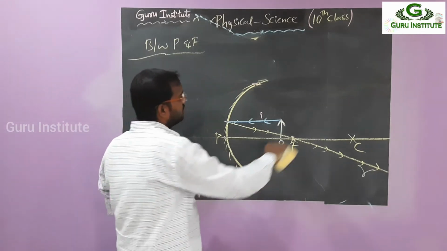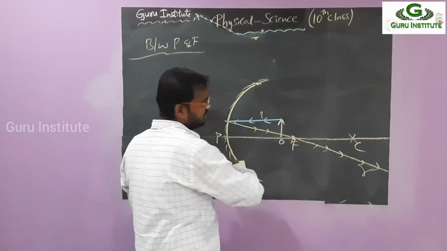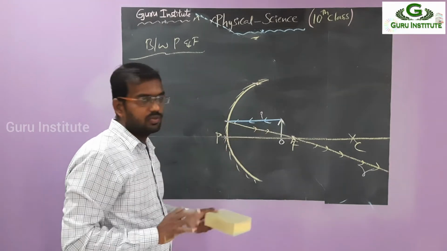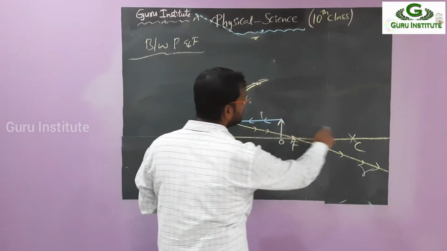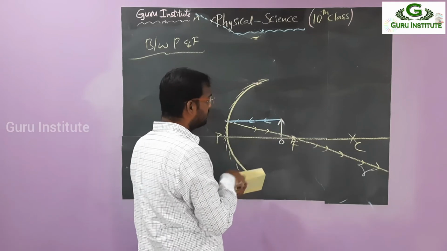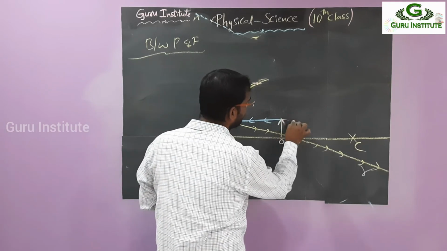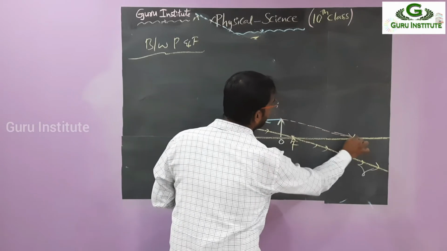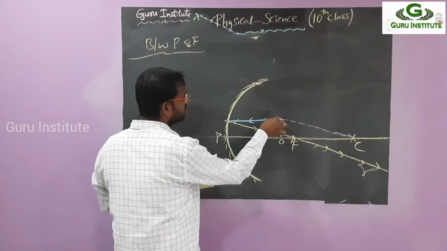Okay, so the first one is over. First line. The second line we are not taking into consideration, like at F, I already showed you. So this is the ray passing through C. What is the passing through C case? This one. Extend it to this side. So this is the passing through C.